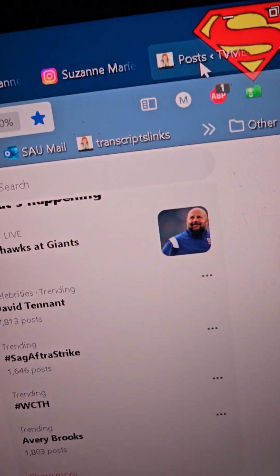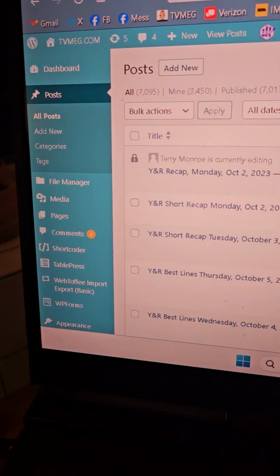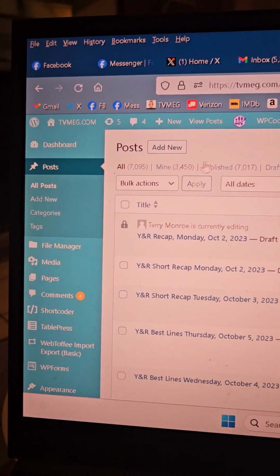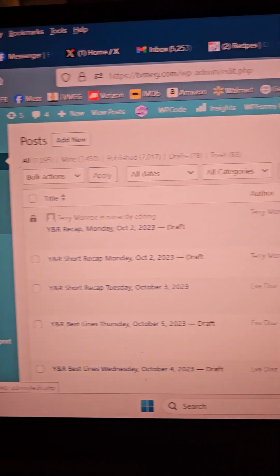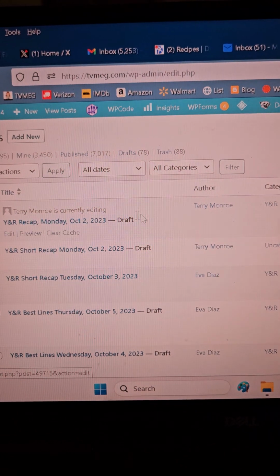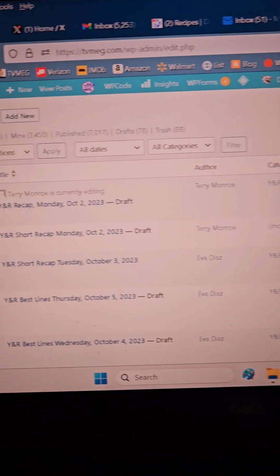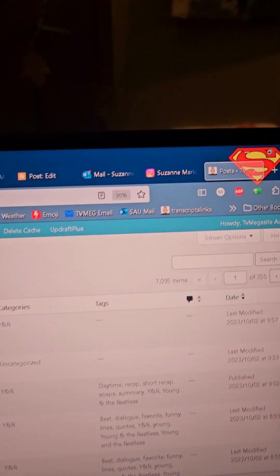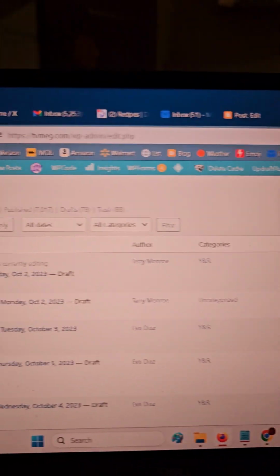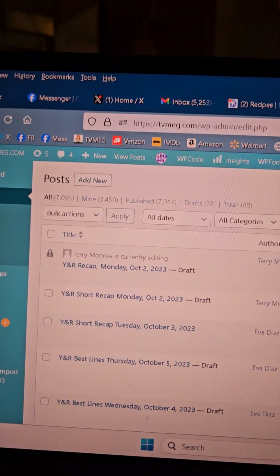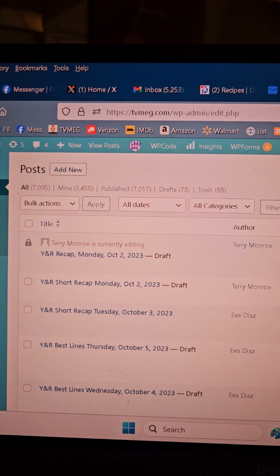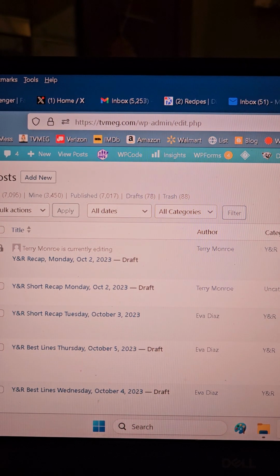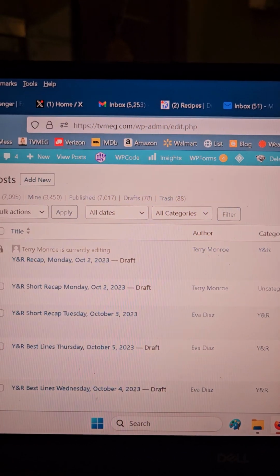Here's the site, and I have it open already. See, it's going to look a little different to you because you have different permissions than I do. So here I have all posts, and this shows all the latest posts and all that. You're used to that. So I didn't have to log in because I already had it open, and I have it open all the time. Now, eventually it'll ask me to log in if I leave it open long enough, but it's not that often, honestly. So that's the best bet, so that you don't have any login problems, is that once you log in,